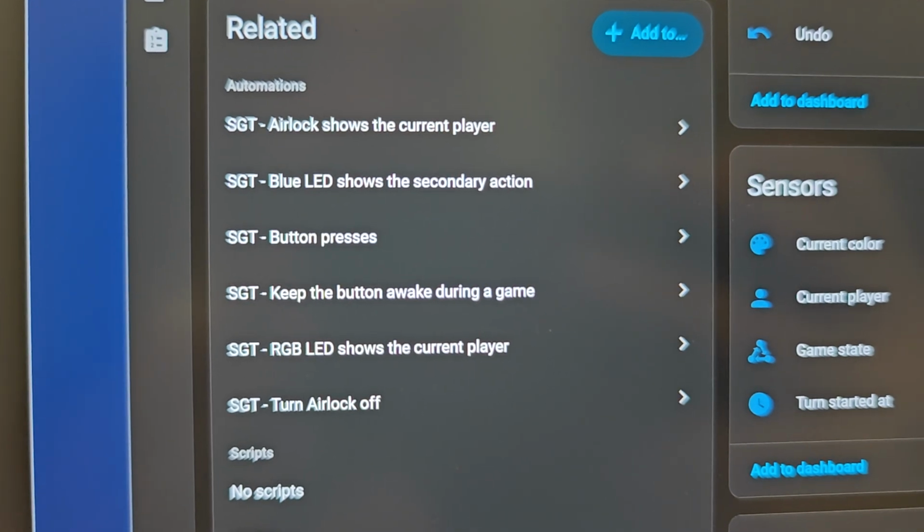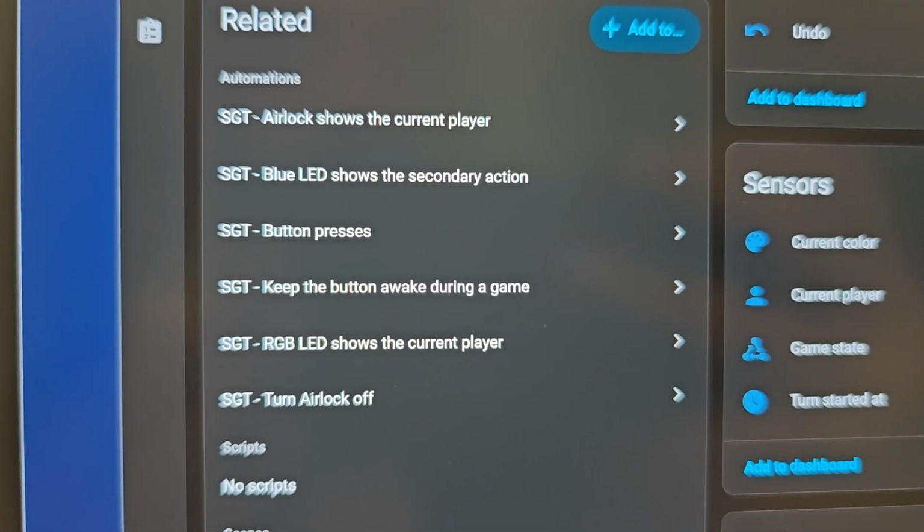The other two automations that I have here, the airlock ones, is something I created to demonstrate that the Home Assistant feature goes well beyond just making this button work. It can be used to control any smart home device in your home. For example, if I go into what I call my airlock and I press the button,